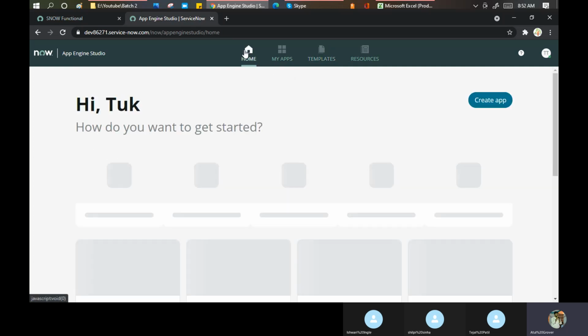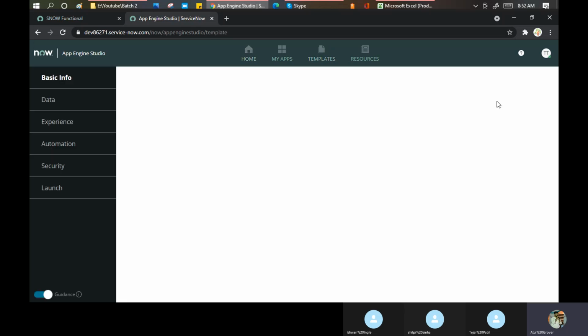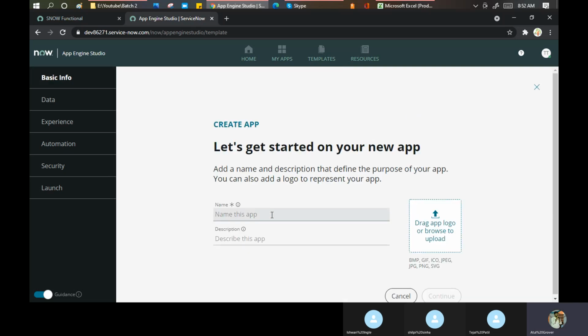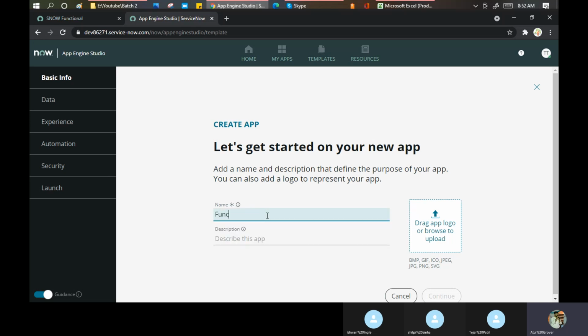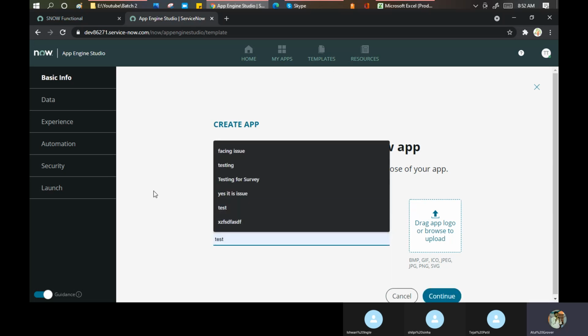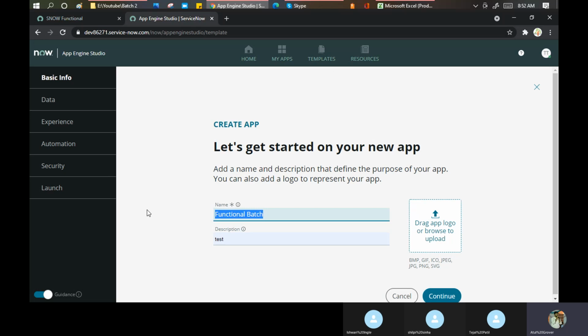Go to home, create app. What is your app name? I say my app name is functional batch. Okay, description, you can put one. I say no description I want to put, let me put the same thing here.